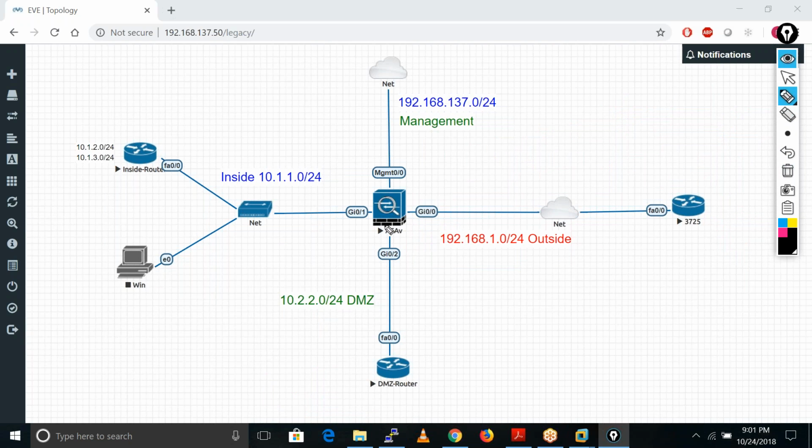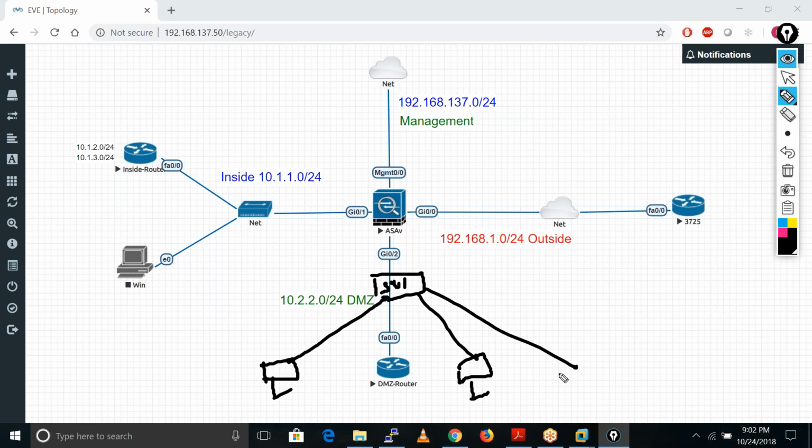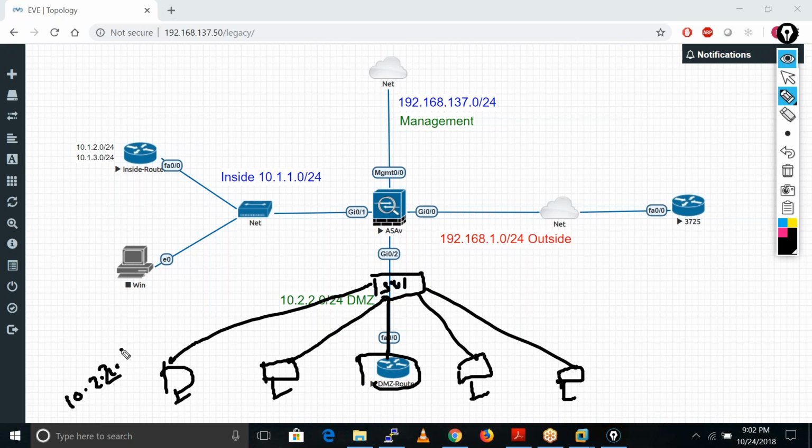Let's suppose here I have one switch, and here I'll have one server, one server here, one server here, and this is my another server. Let's suppose I have 5 servers, and the IP addresses of these servers are 10.2.2.1, this is 2, this is 3, this is 4, this is 5.